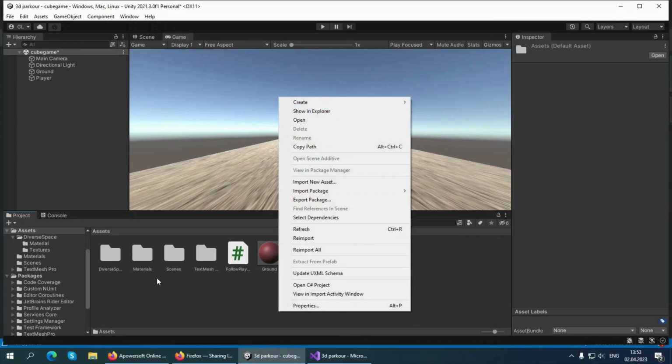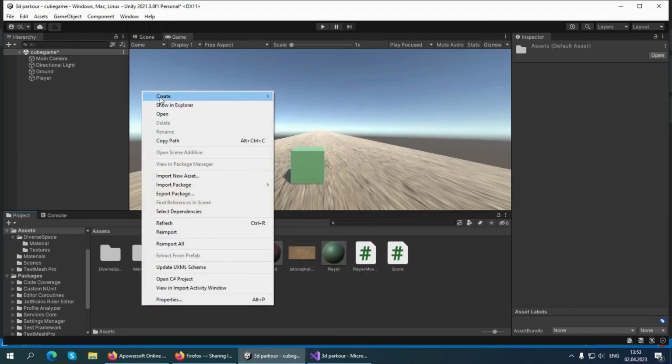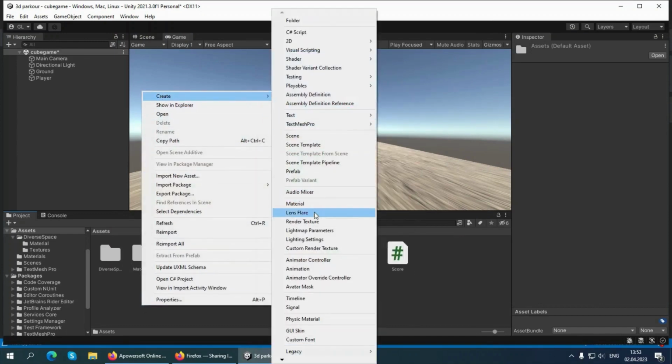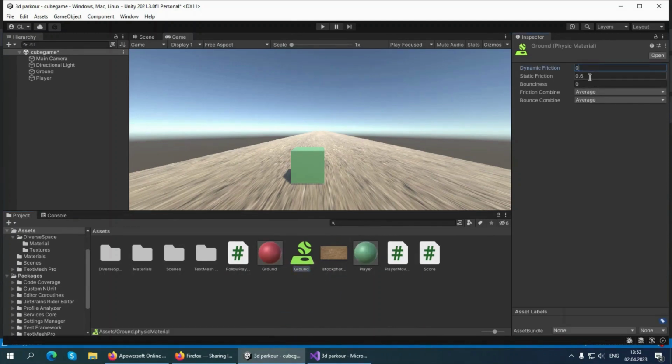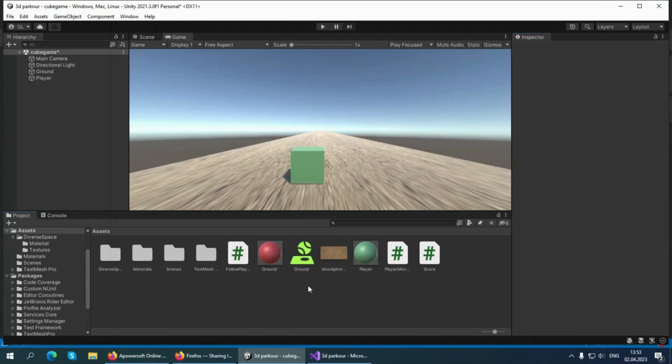And let's click on the empty space of the assets panel, create, and here we should find physics material. You see, let's name it ground, and we will make everything here 0 and 0, and we will add this ground into our